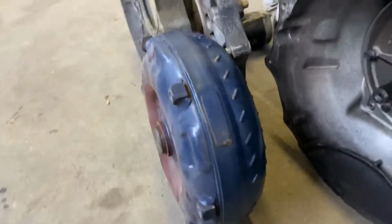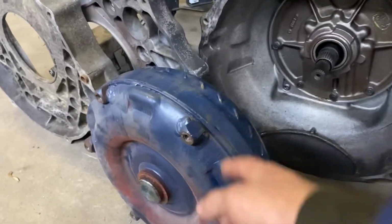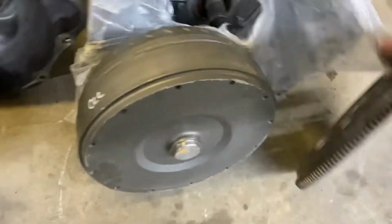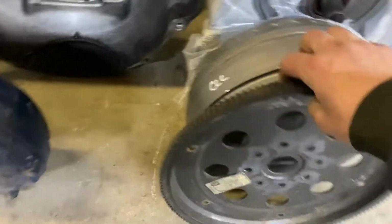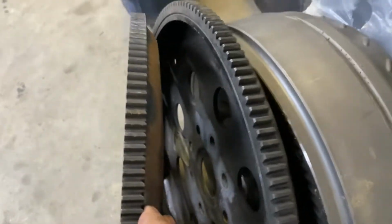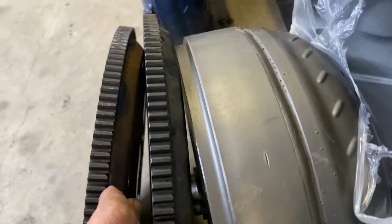Going over to the converters here, you can see this is the non-lockup converter. It's a stock converter. There's the triple disc converter, which is much wider. And then for the ring gear or flex plate, flex plates are dimensionally identical. You can interchange them, so you don't have to go and get a different flex plate to run the